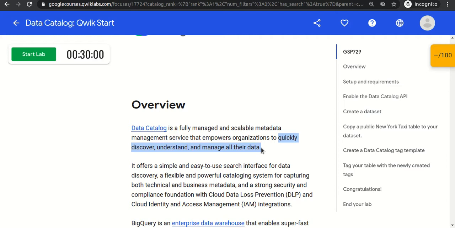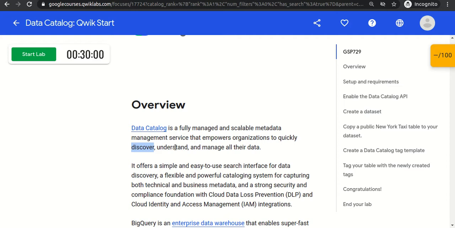So now you forget whether you have created the table in BigQuery, or in the SQL database, or in Cloud Spanner, or in Bigtable. If you have the metadata information, then you can easily discover that particular table. Also, when you created the table, you forget why you created it, what the purpose of this table is, whether it contains some sensitive data or not, whether it has clean data or not. One option is to manually go through all the tables and see whether they have sensitive data or not.